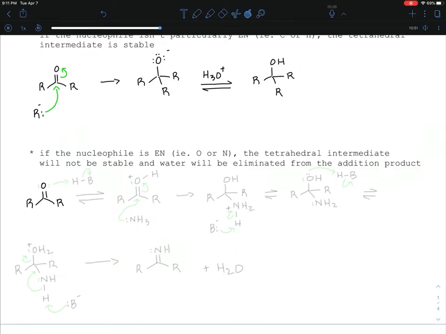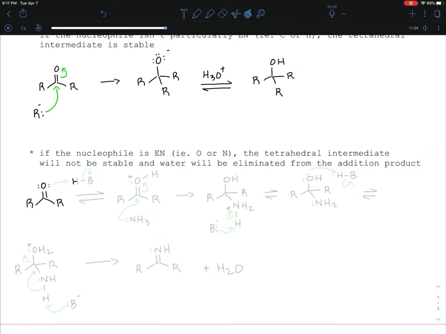If we attack the carbon and dump the electrons from that double bond into the oxygen, we quench the positive charge. So if you've got a nucleophile that is particularly electronegative, so those electrons are more tightly held by the nucleophile and less available to attack your electrophile, or say those R groups have electron releasing groups on them, and so that partially positive carbon isn't so big,